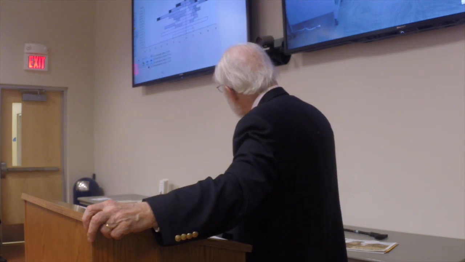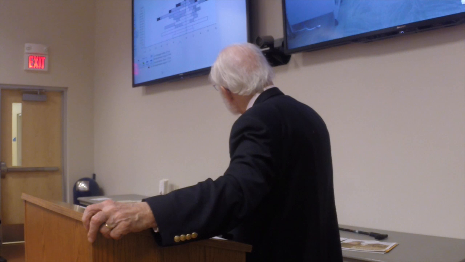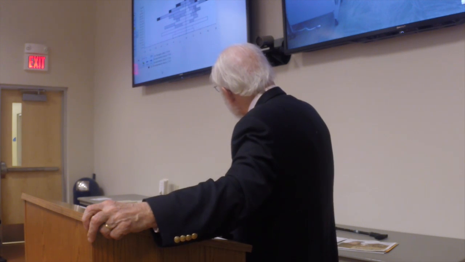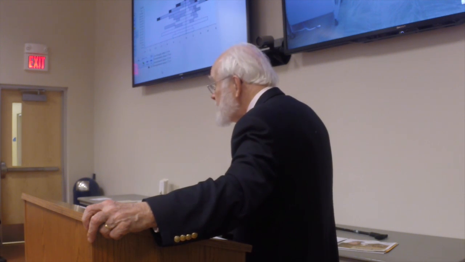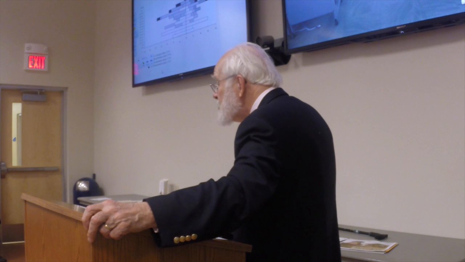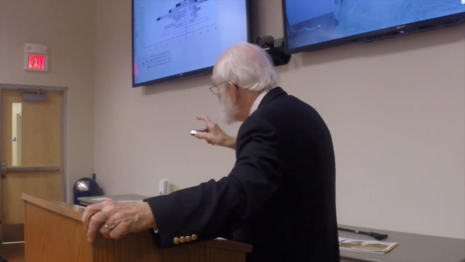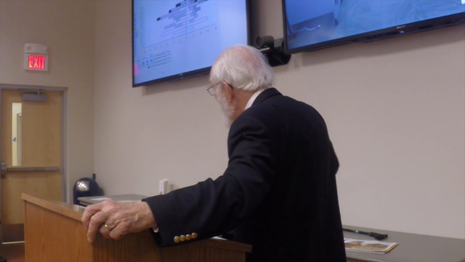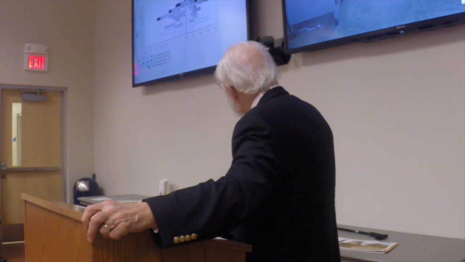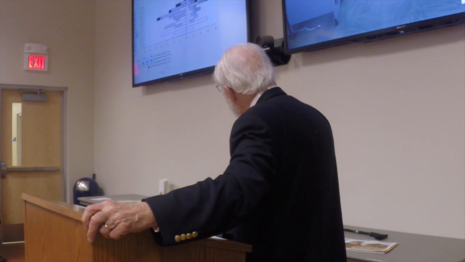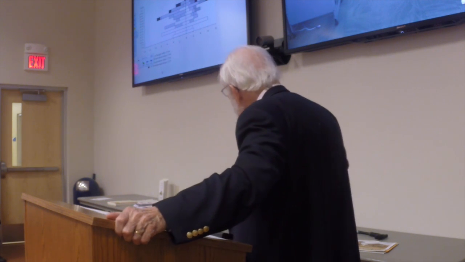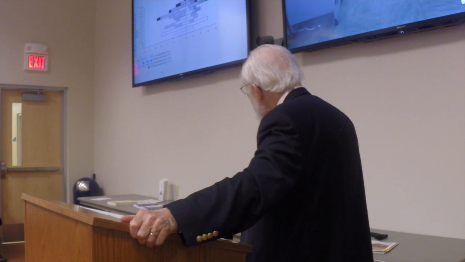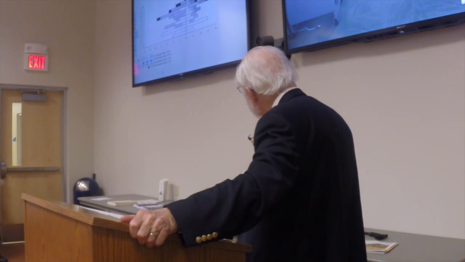And from a practical point of view, almost everything is bad here. The women are on the right, the men are on the left. There are too few women to produce children in the future. There are very few children. A population pyramid is supposed to be wide at the bottom and go to a peak. This goes to a peak, but there are more people in their 40s than in their teens. And so it's an overage workforce and with little potential for future growth.